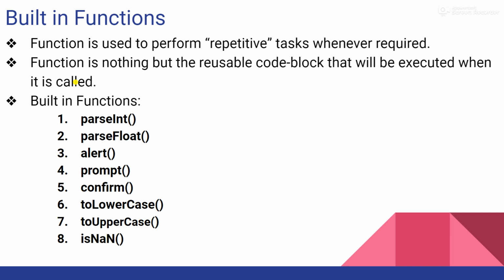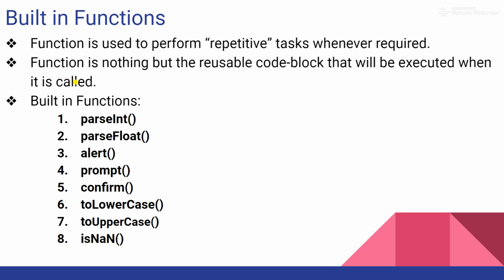So when there are two words which make a single word, how is that word formed? The first word will be all small, and when there is a new word following that first word, it will have the first letter capital. So here you can see parse and int are two different words, but they are making a single name. So how to identify? The first word is all in small case, and when you are starting the second word, the first letter of that second word will be capital, that is I. Similarly with parseFloat, right?